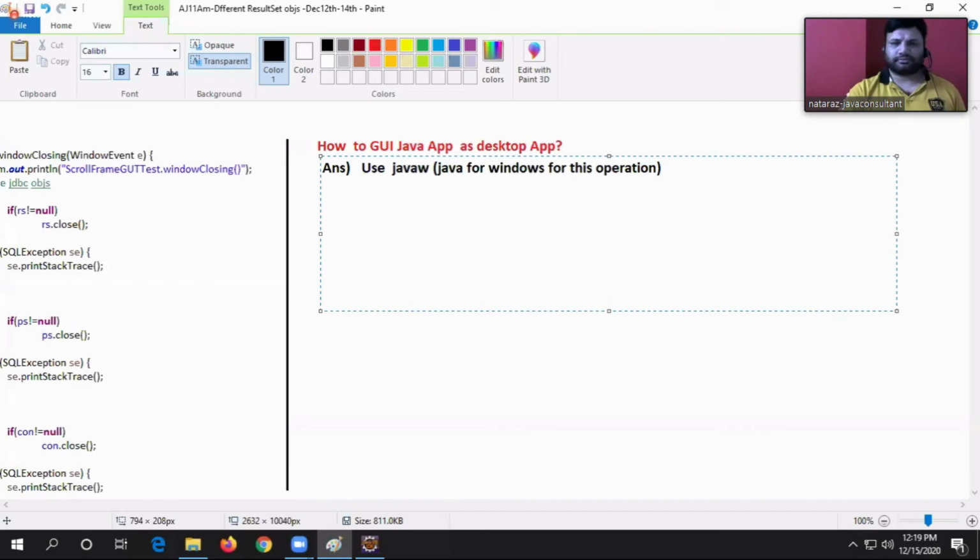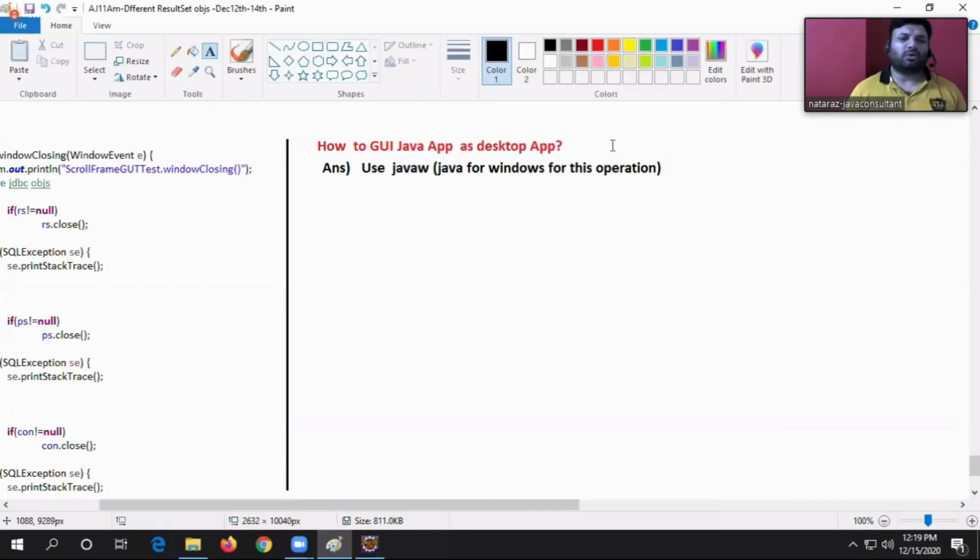Tool means small purpose, boss. A tool is not a bigger purpose. A tool is there to complete one or two tasks, one or two operations. It is supporting software, not the main one. So a tool simplifies life, a framework simplifies life, but a tool is for support, not the main one. Using a framework, I can develop projects. Using a tool, I can just get help. That's it.